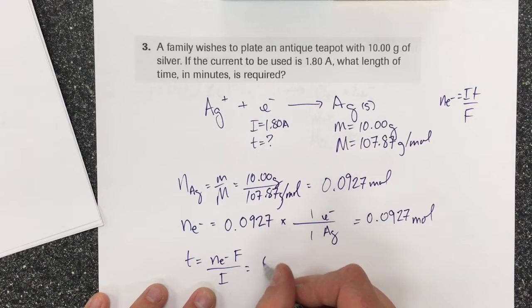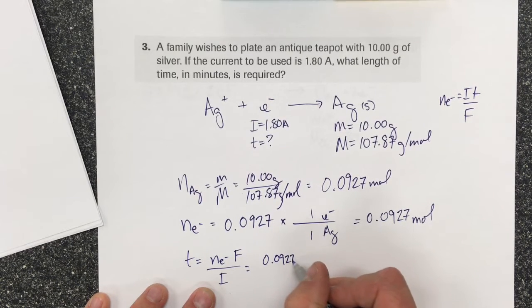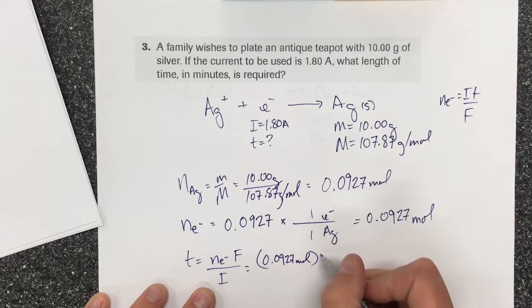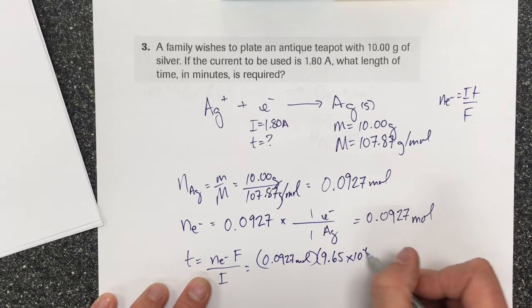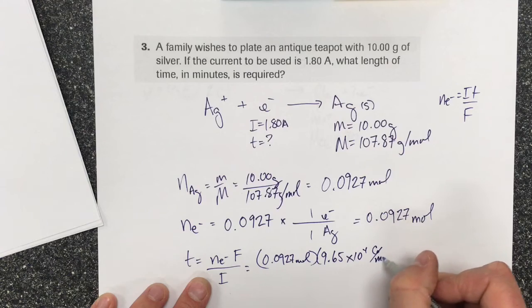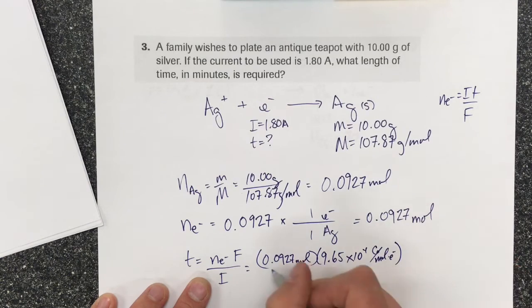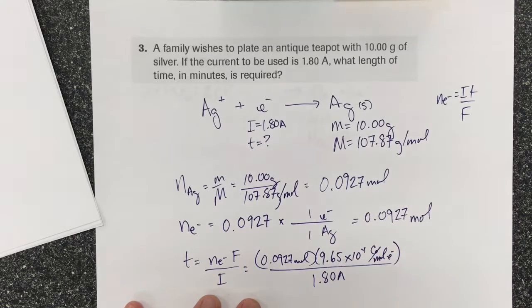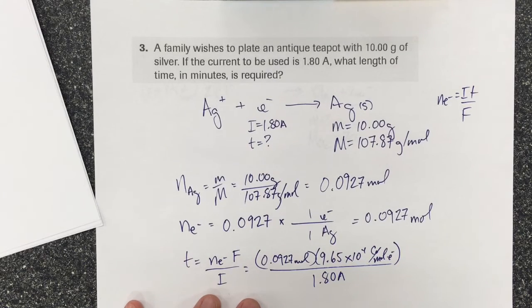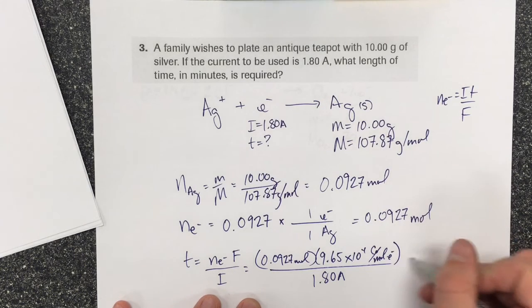So we get 0.0927 mole times Faraday's constant, 9.65 times 10 to the 4 coulombs per mole of electrons, and I'm going to divide by the current of 1.80 amps. And so we end up finding out that this is going to take